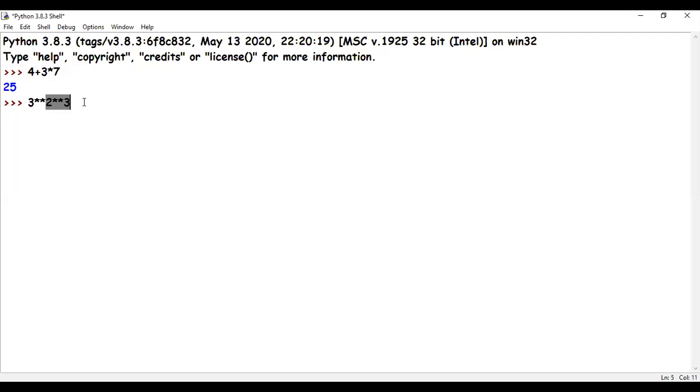That means 2 raised to 3 will happen first, so it will be 8. And then 3 raised to 8. Okay. Have you understood this? Two exponentials, then this is carried out first. But in all others, so let's take